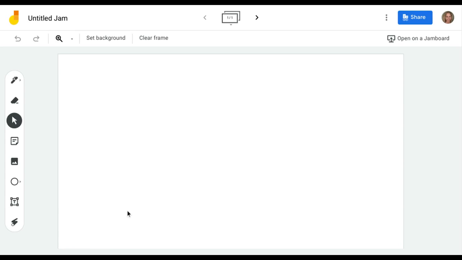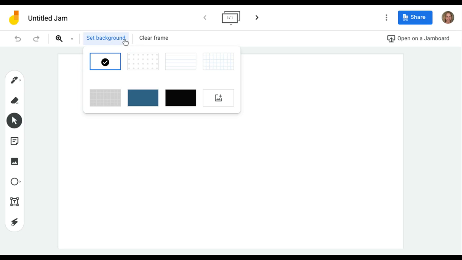So now we're in Jamboard and we're going to use that image that we saved from our Google Slides, and we're going to use the feature where you can set the background. This is something that's new in Jamboard, that you can create your own background. So I'm going to use this right here,